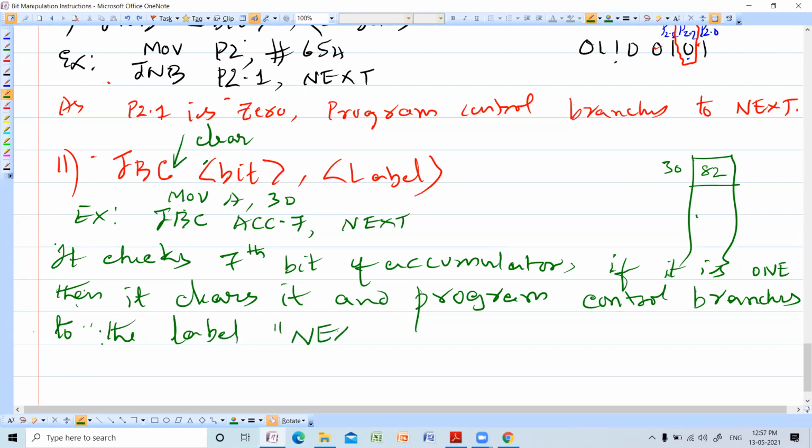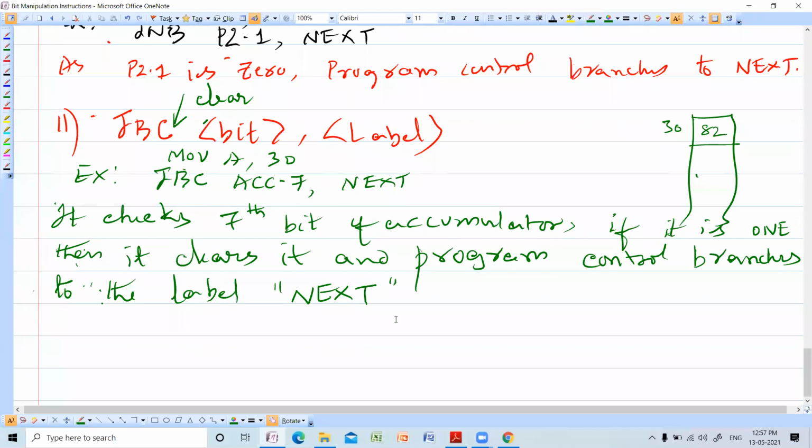It checks the 7th bit of accumulator. If it is 1, then only it clears it, and program control branches to the label next. For example, a very interesting example is, suppose this value is 62H.